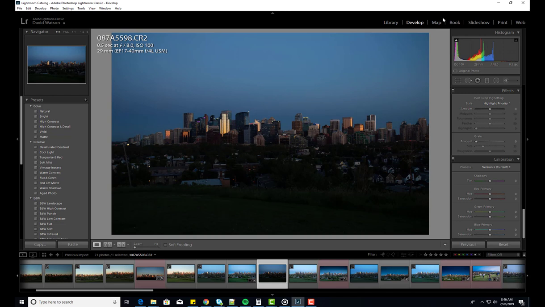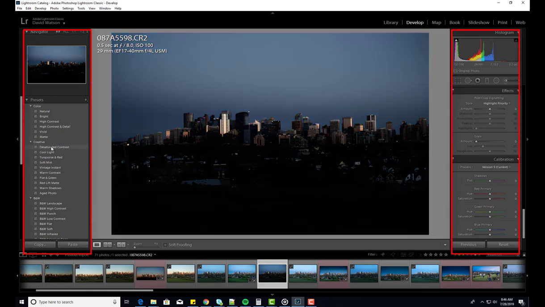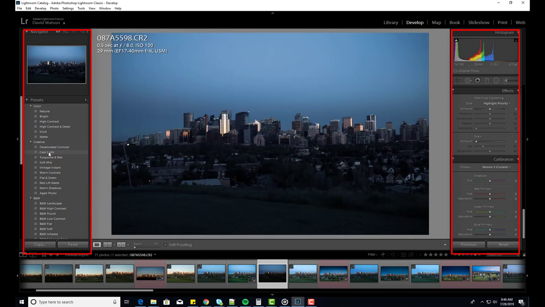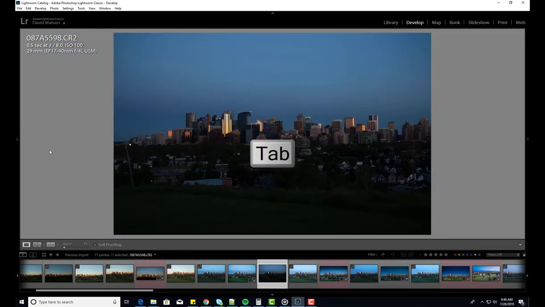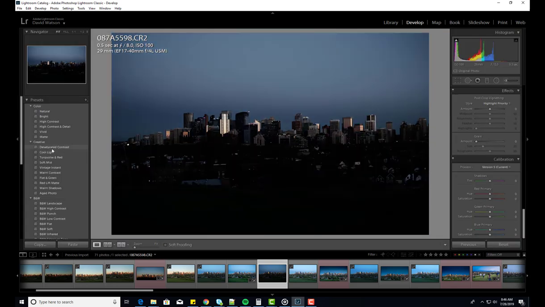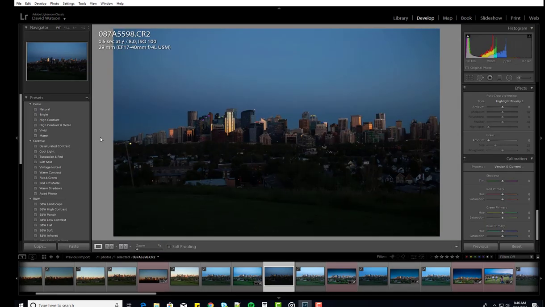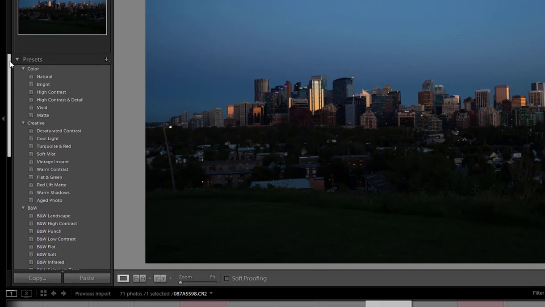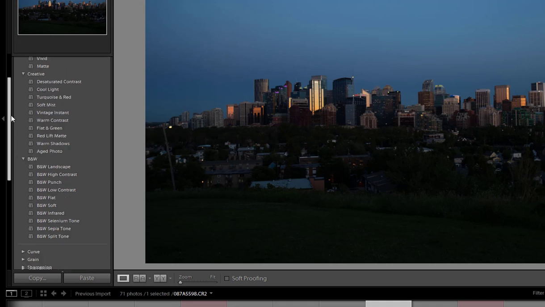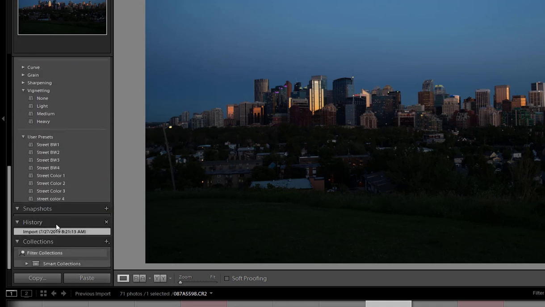Just a couple of things about the develop module. On the left side and the right side, you will have these panels. If you don't have these panels, they might be hidden. You can hide and unhide them by pressing the tab key on your keyboard, just like that. And also in these panels, we'll look at the left one here, you'll see on the very left side there's a scroll bar. It's a very thin little scroll bar, and it's annoying to try and click on and use, but you can use it to scroll up and down to see all the different